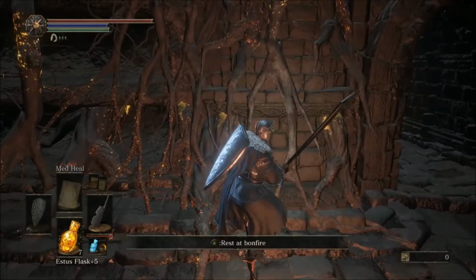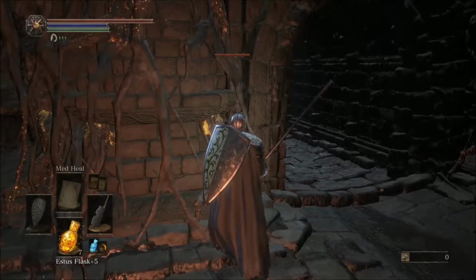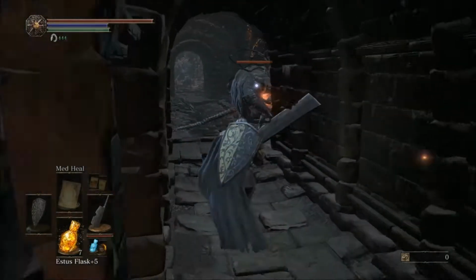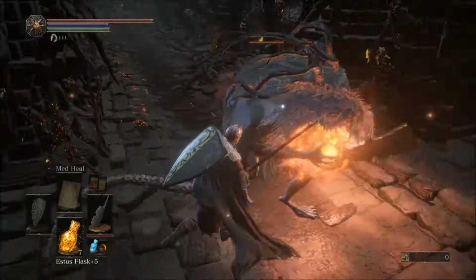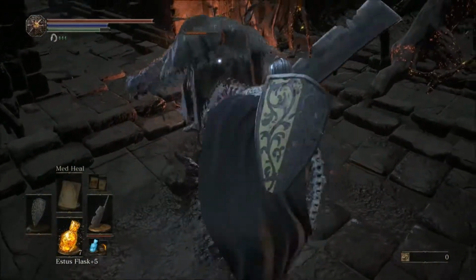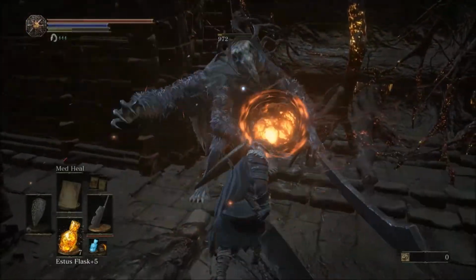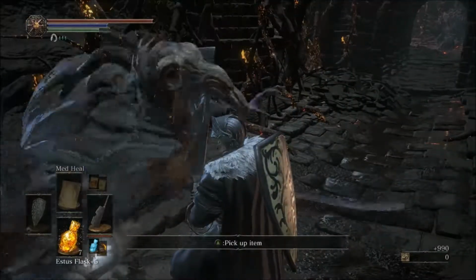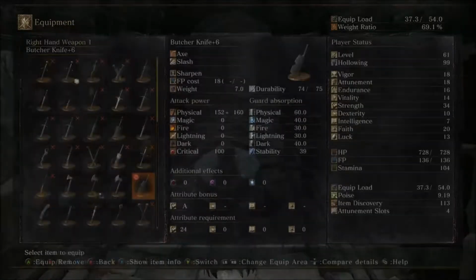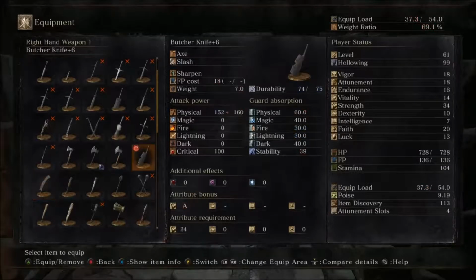Well, that's not really what I was looking for. Maybe this would be a good time to test out the Great Machete. Stop it. They're not, you know, impossible to deal with, for sure. And especially if you have a decent damaging weapon, you can usually kill them before they get too out of control. But if you aren't dealing as much...